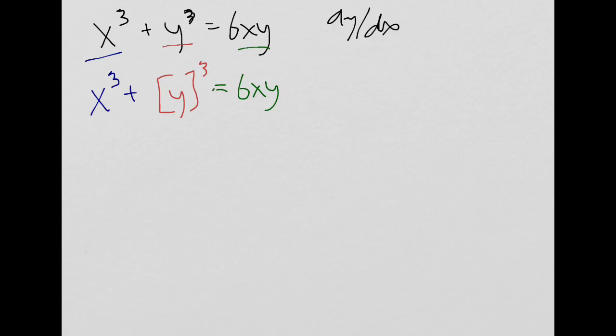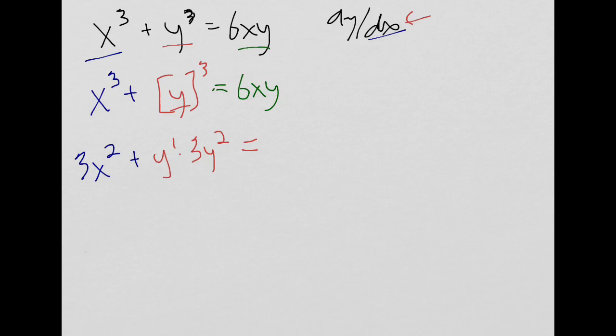So I need to do the derivative of x cubed. I'm doing it with respect to x, so I know that this is 3x squared plus, now we'll go to red. So you should see that I get my chain rule part: the derivative of the innards is y prime, and that is dy/dx, right? The derivative of y with respect to x, times 3y squared for the power rule on that outer function,